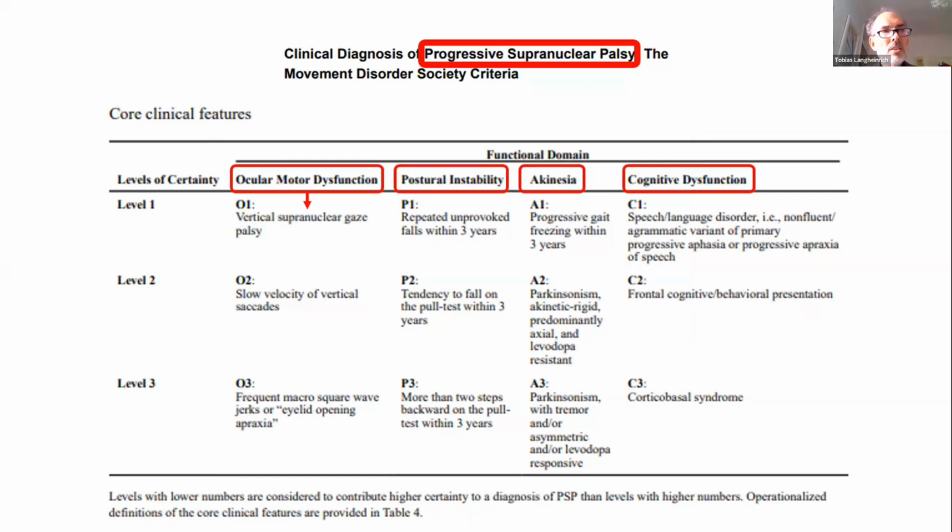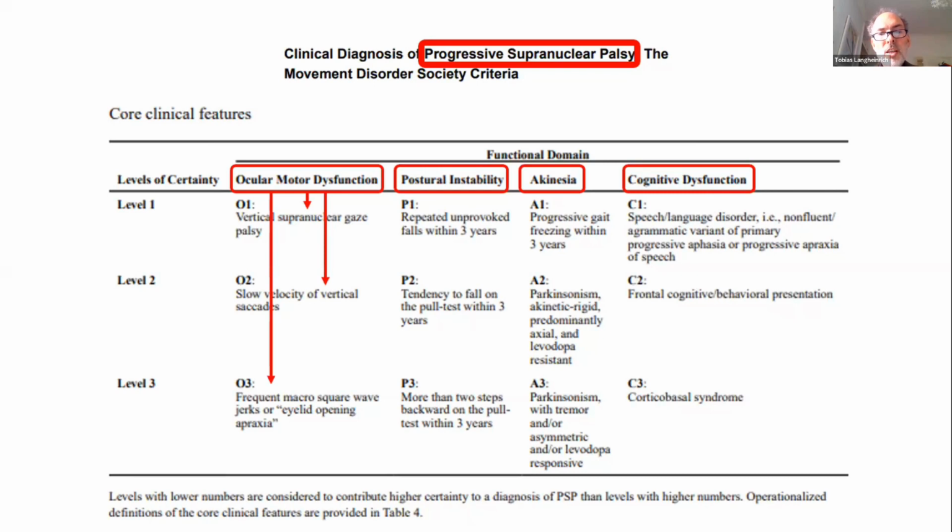This is very, very specific for progressive supranuclear palsy. The difficulty is that this often occurs late, or it may never occur, and you only have slowness, so you can still look down, but it's slower. Or if it's even less, you may only see the patient having quick movements right or left, called